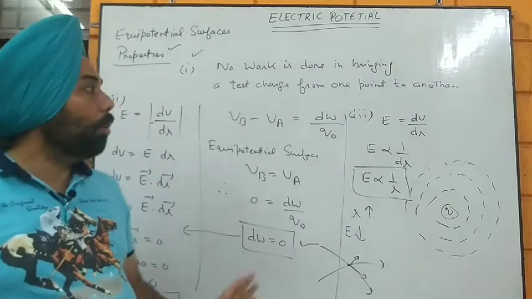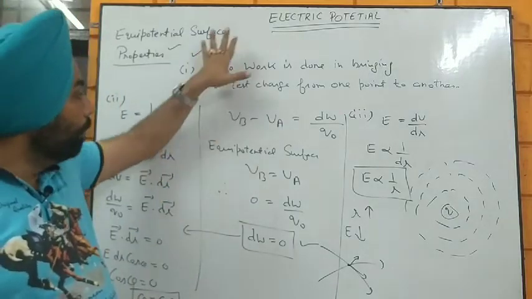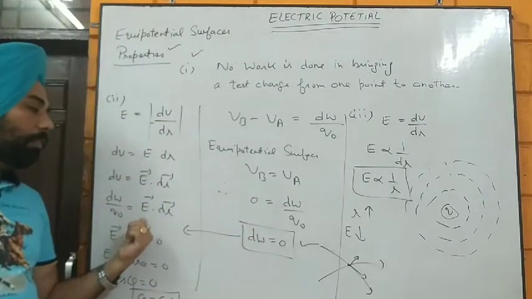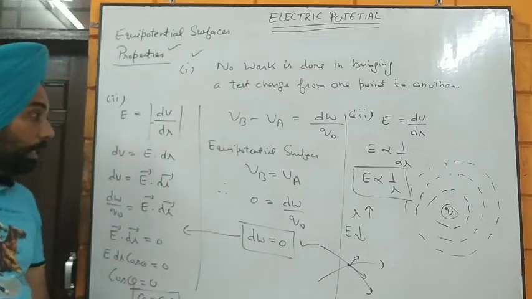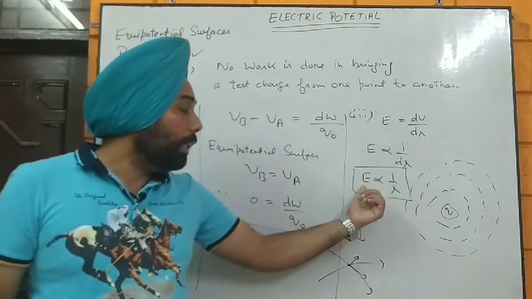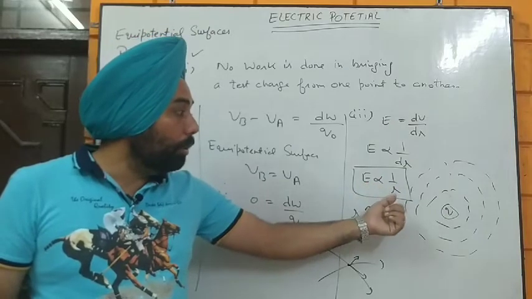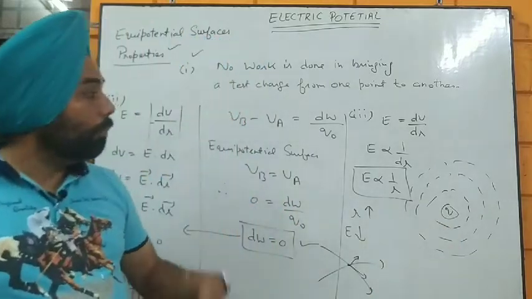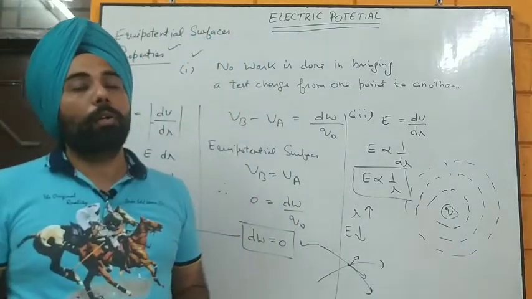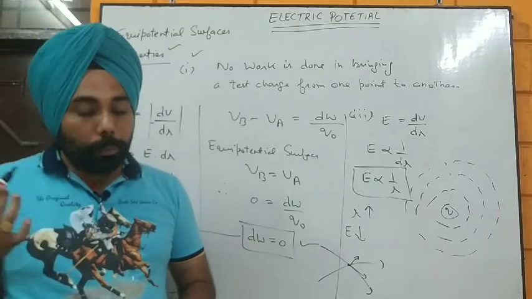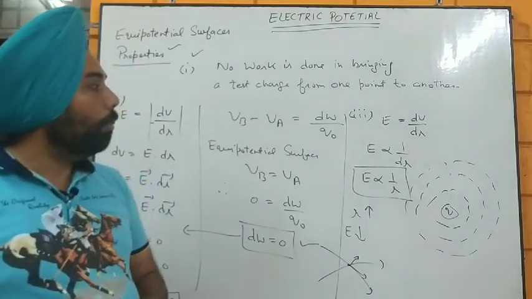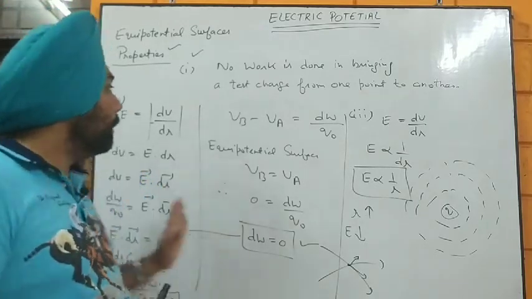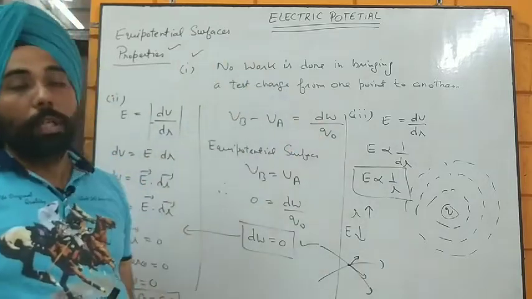So these are the 5 properties of equipotential surfaces. First property, the work done is 0. Second property, the angle between electric field and displacement element is always going to be 90 degree. Third, electric field is always inversely proportional to the radius of concentric circles formed by the source charge. And the fourth is two surfaces cannot cross each other. And the last one, the potential at each and every point on the equipotential surface is always going to be constant or the same. So these are the topics for equipotential surfaces, and this is very important.